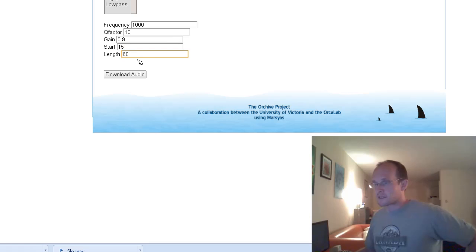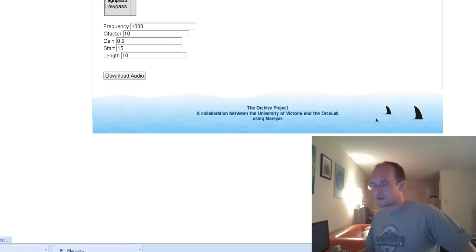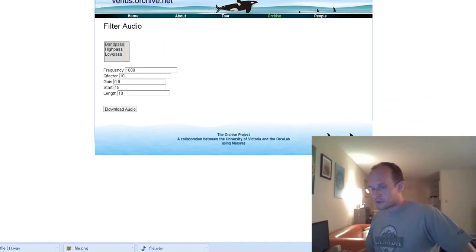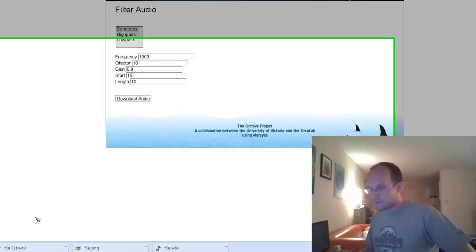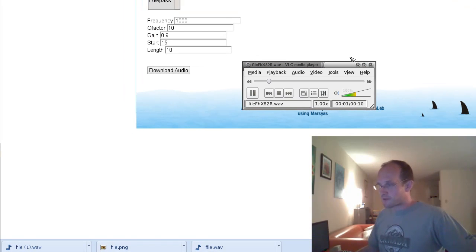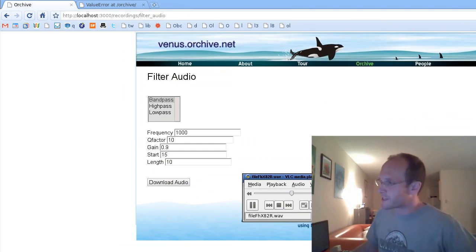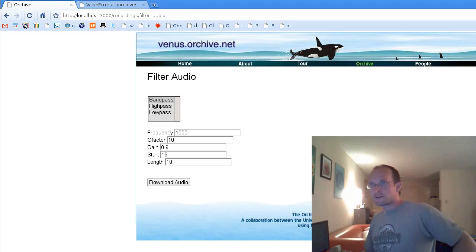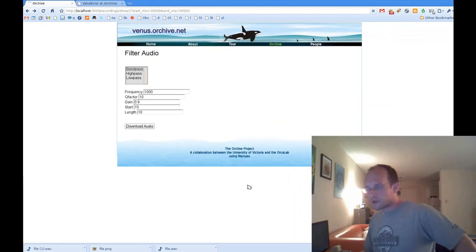like 60 seconds instead. Let's actually go for less, so let's go for 10 seconds, and then we just go download audio, and it's now downloaded this new file here, file 1.wav. There's my test one anyways, and I was trying to play it, but of course it's Linux inside an emulator, so you're not going to hear that. So then we can go back here, and